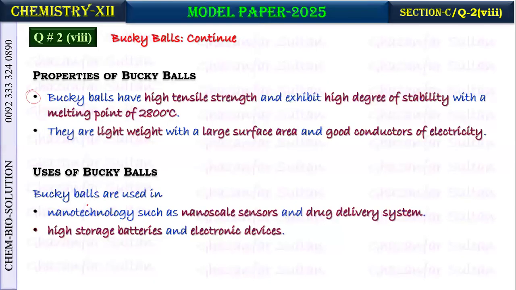And uses of buckyballs. Buckyballs are used in nanotechnology such as nanoscale sensors and drug delivery systems. And it is also used in high storage batteries and electronic devices. Actually, these are the two uses, and two uses are here. So if any student has written any two of these, he should be awarded full marks because this question was of 4 marks. So if you consider that for 4 marks,